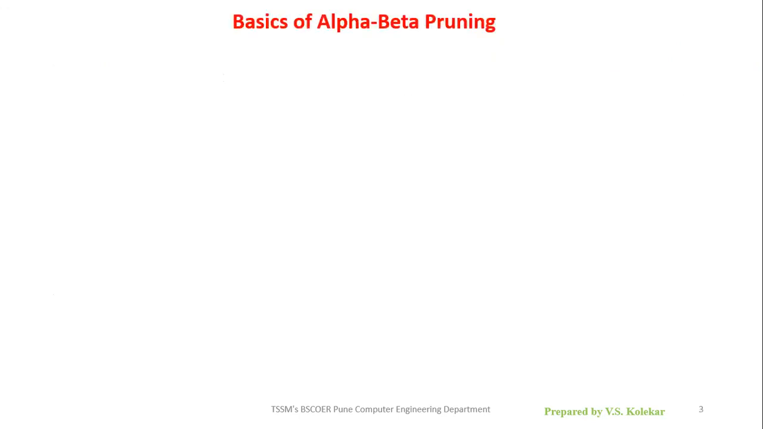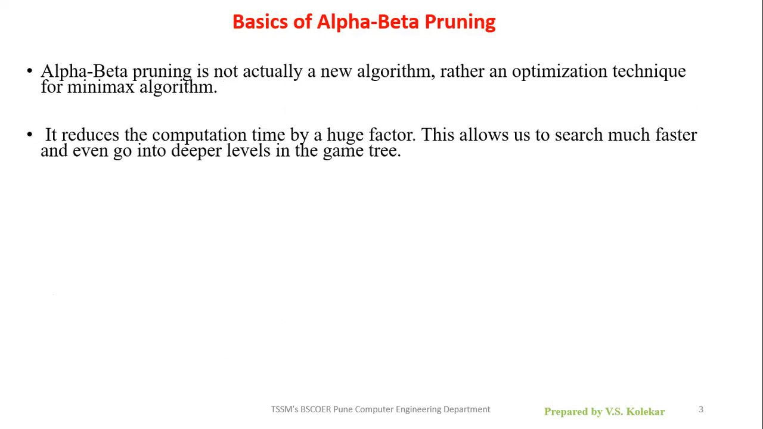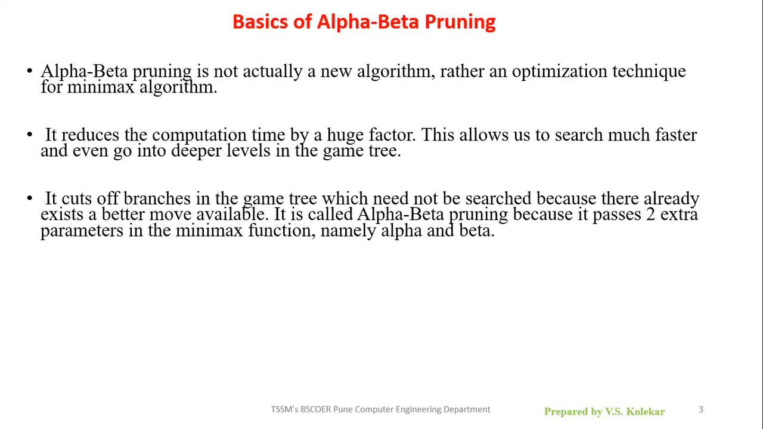So, basics of alpha beta pruning. Alpha beta pruning is not actually a new algorithm, rather an optimization technique for min-max algorithm. It reduces the computational time by a huge factor. This allows us to search much faster and even go into deeper levels in game theory. It cuts off the branches in the game tree which need not be searched because there already exist better